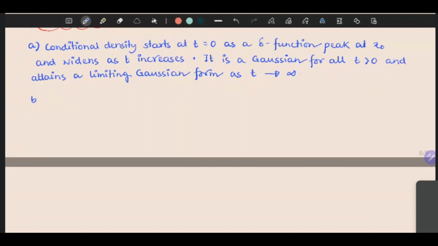That one is like evident, right? So now again, as t increases,